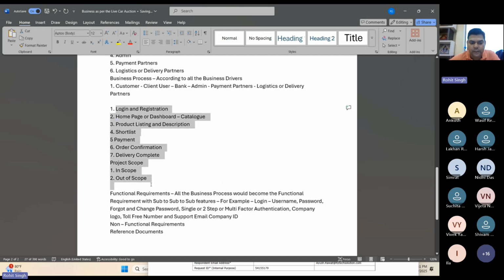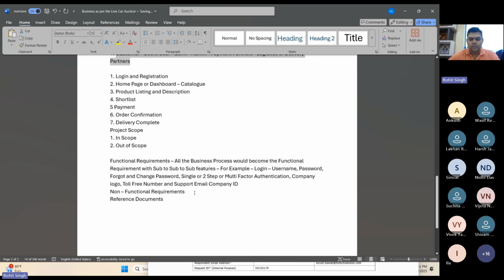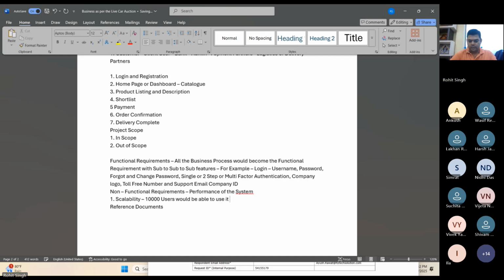तो ये हमारी फंक्शन रिक्वायरमेंट्स और आगे बढ़ती जाएंगी as per the business process, as per the one feature by one feature with all these different business drivers, ठीक है, इन सब के अकॉर्डिंगली। देन कम्स नॉन फंक्शनल फीचर्स, ये हमारे हो जाएंगे the performance of the system, ठीक है, जैसे कि स्केलेबिलिटी, at any given point of time 10,000 users would be able to use it, ठीक है। Second would be encryption, reliability,